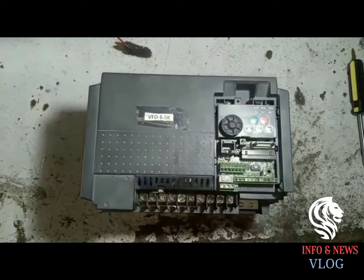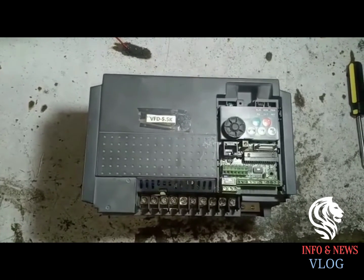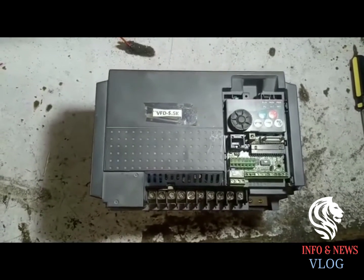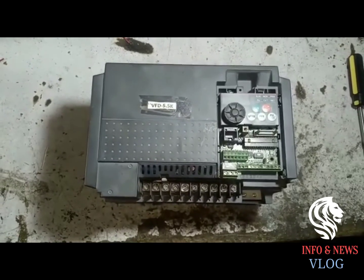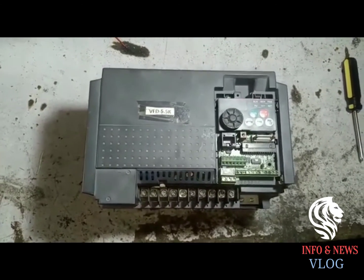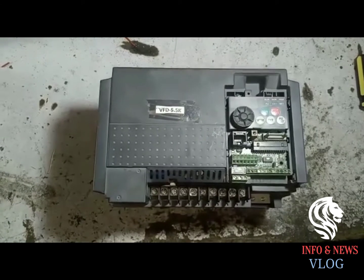Either it is short or it is okay. Sometimes we give supply to the inverter without knowing that it is short. For repairing purposes, we must know how to check generally, without the gates either operating or not, because if we connect the input supply to a short module, it will cause a serious blast,